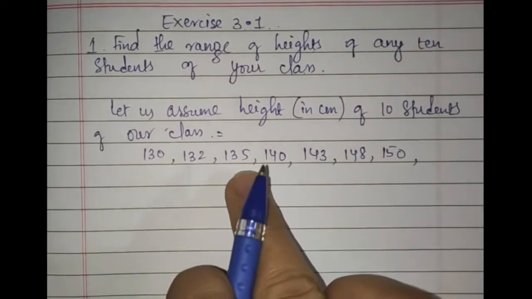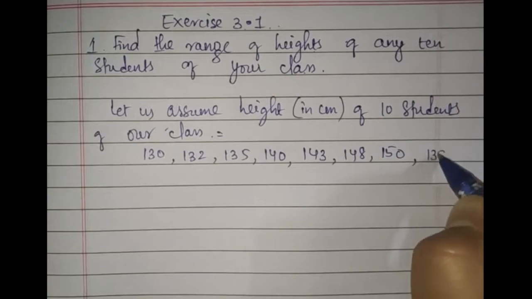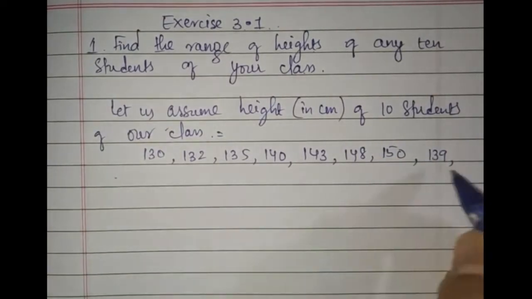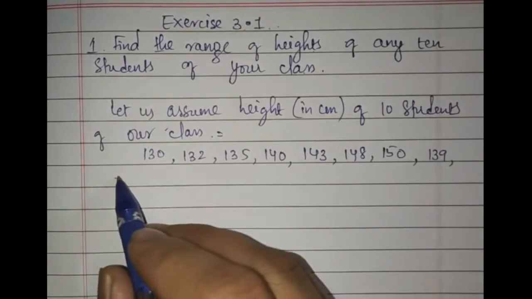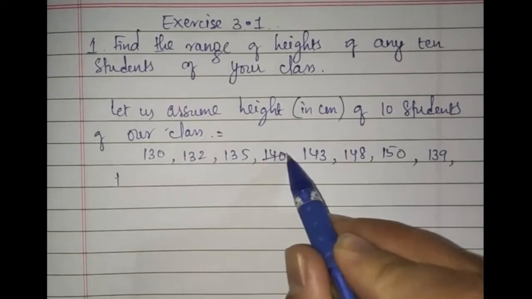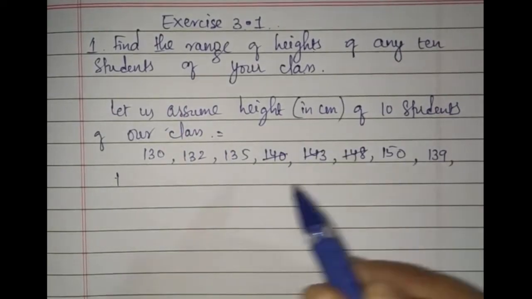So I have not written the number in between, so I can write 139 also. Okay. So 139. I could have written this in the ascending form. So let us write this in ascending form only. That will be better for you. So 135, then